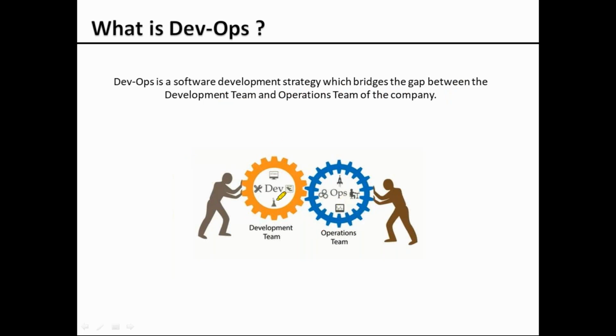Before getting to know the bridge between these teams, let's understand what the development team is and what challenges this team faces during software development, and what the operations team is, what their roles and responsibilities are, and what challenges come up when they are doing the software release, and how this DevOps culture bridges the gap between them. So let's understand the development team challenges and the operations team challenges first.